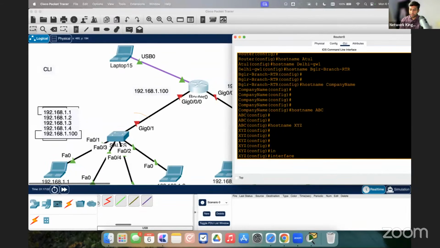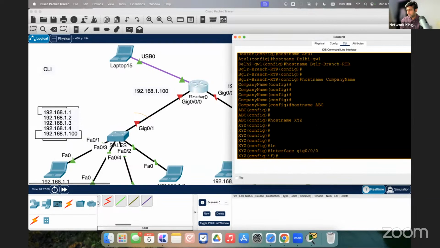Interface GIG 0/0/0. So which IP do I want to give? I will write a very simple IP address. I want to give